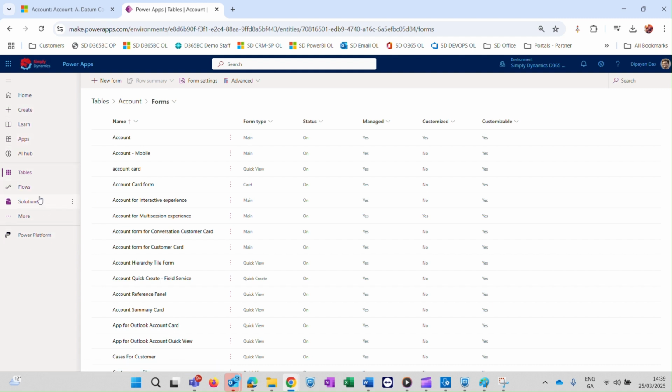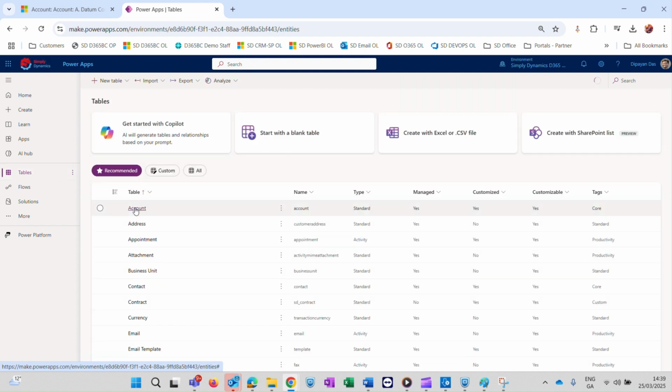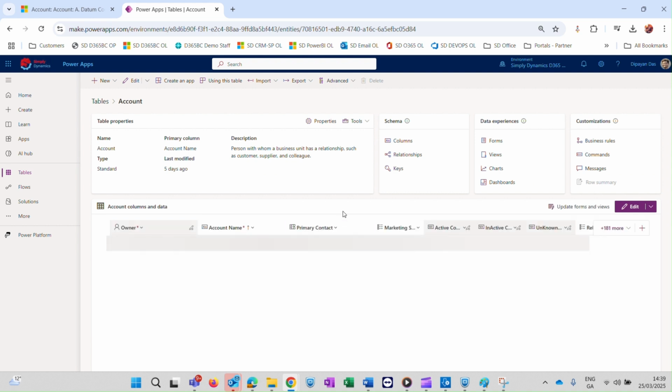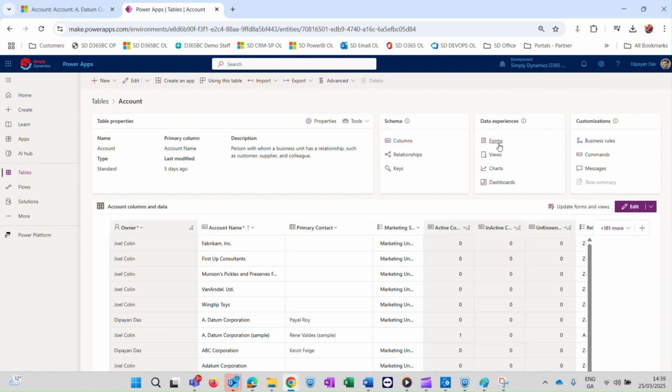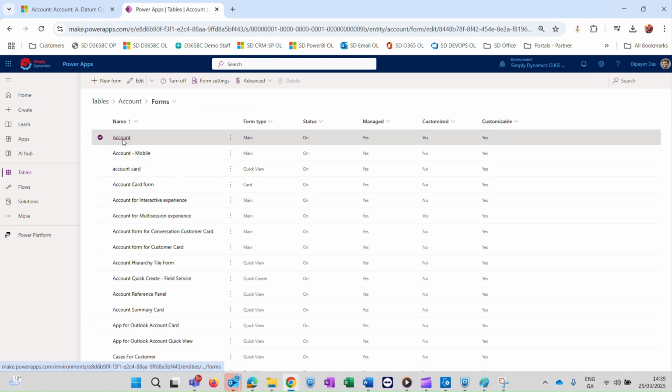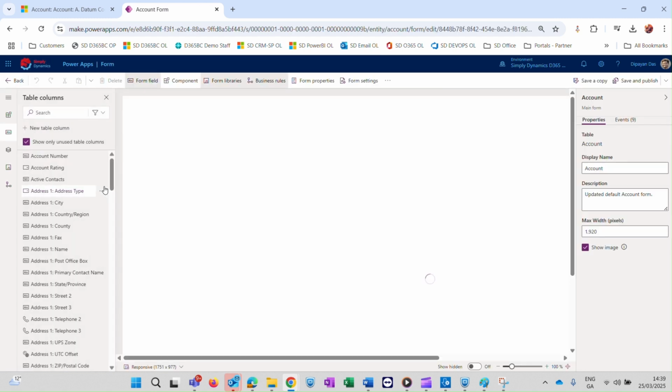I'll go to the tables. I know that the account form is coming from the account table, so I'll click on the account table here, and I'll go to the form. This development side of Dynamics 365 sales needs a little bit of training, but this is a very simple development I'm showing you to show how easily it can be done. I've opened the account form. So if I reload this,